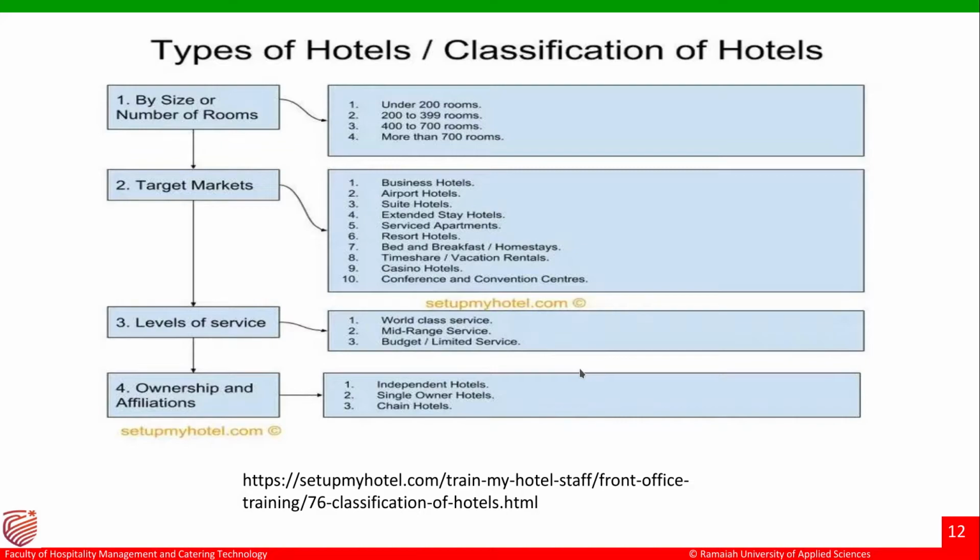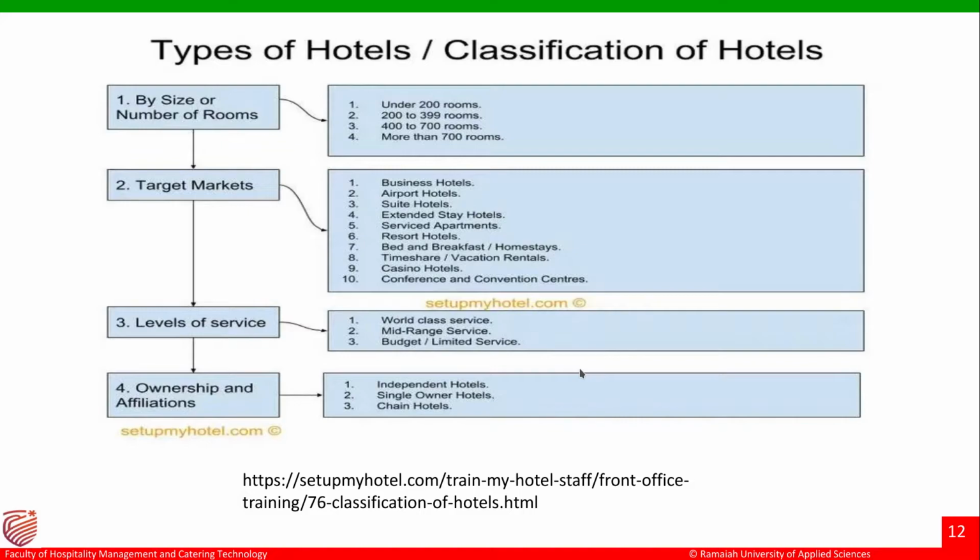Mid-range services are meant for business kinds of travelers who require services of internet, business activities, and for families in resorts, wherein here you will not get, as I said, the helipad services or the butler services or chauffeur services. It will be outsourced. It will not be inside the hotel.